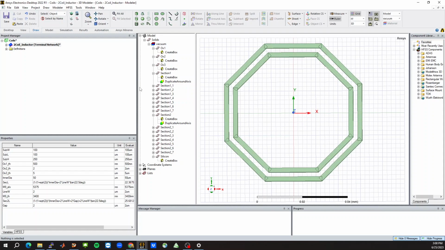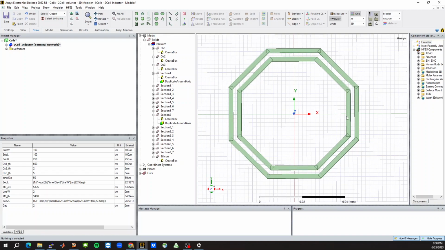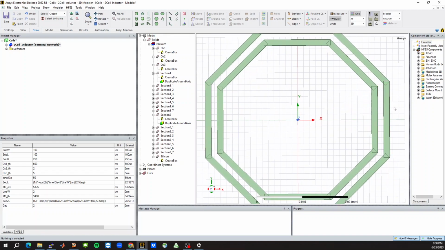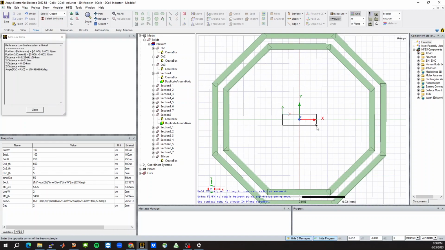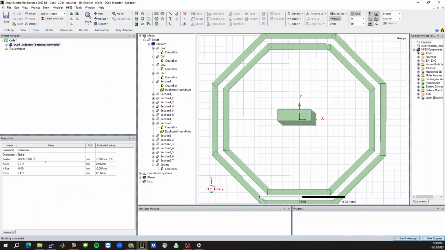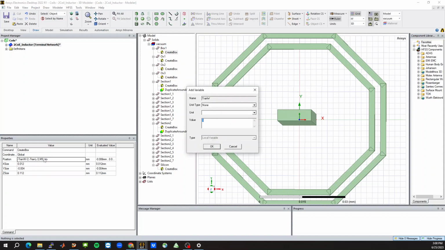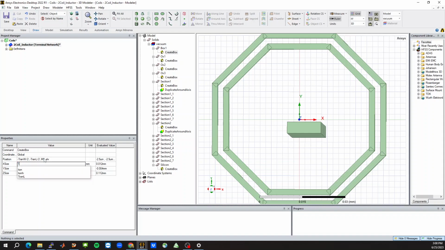Now what we want to do is make a transition so that we can cross over these spirals. Doing that is actually the trickiest part. Let's see how we should do that. So what I want to do is make a regular box. I'll call this minus transition width divided by 2, minus transition length divided by 2, and M9 elevation. We'll just put some numbers in for now. 5 micron, 5 micron, transition width, transition length,